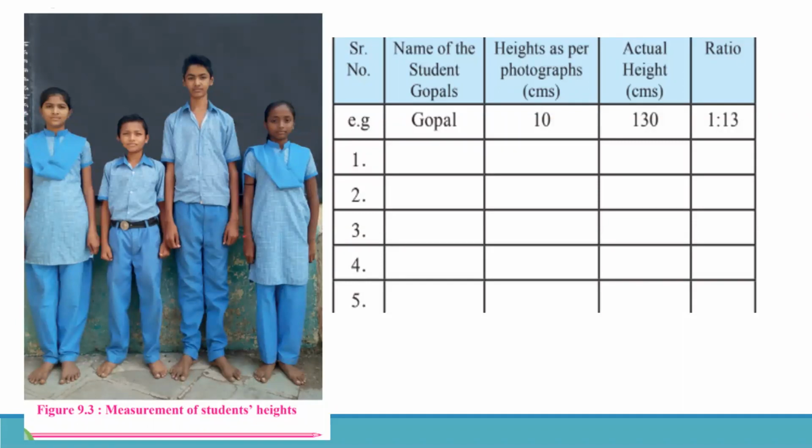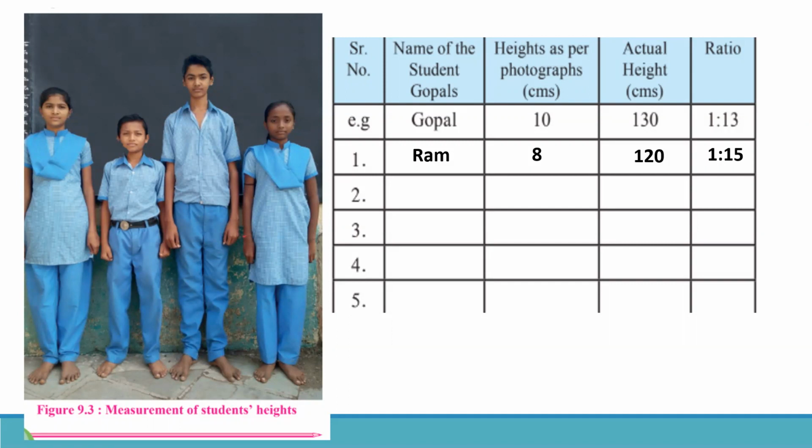I'll give you one more example. Now, supposing this is a person, Ram. His height may be 8 centimeters in the picture, in his photograph. And his actual height is 120 centimeters. So if you divide 8 upon 120, what will be the value? 1 is to 15. Now for some time, look up at the screen, take a pencil and your book, try to do this cancellation and see. 8 upon 120, the solution will be 1 upon 15.